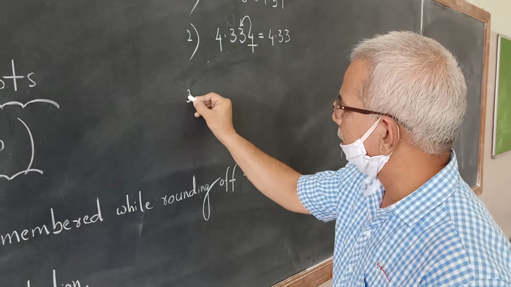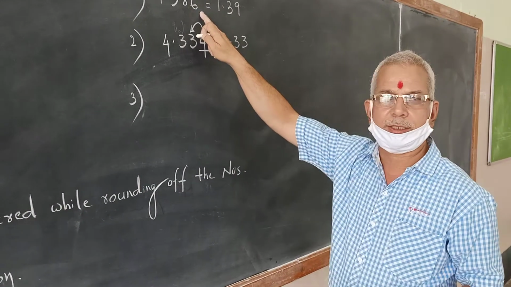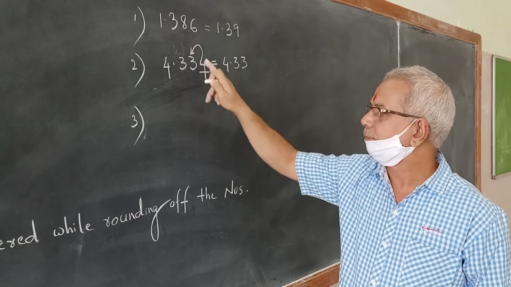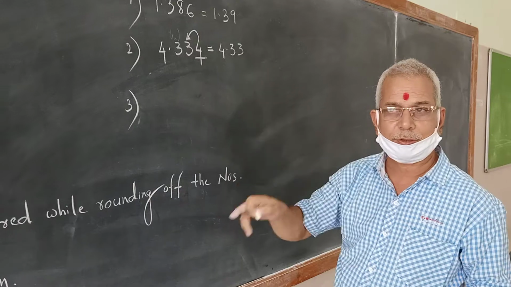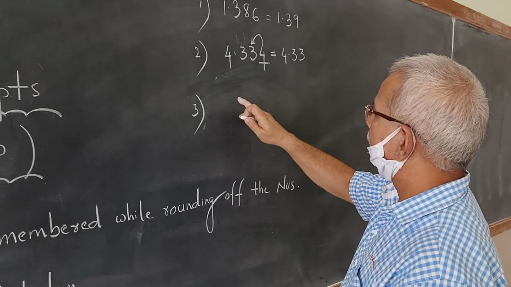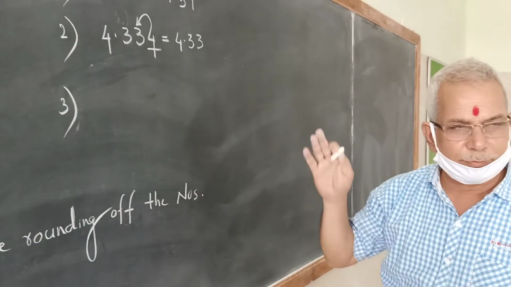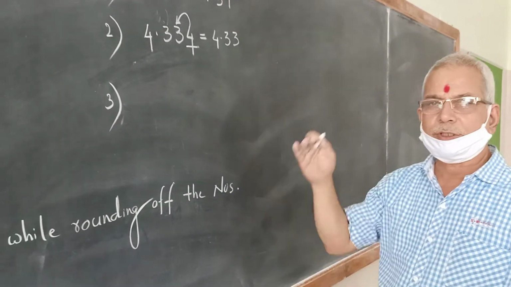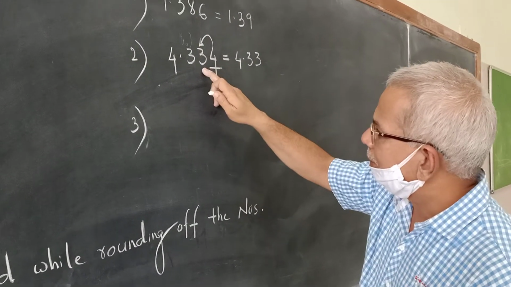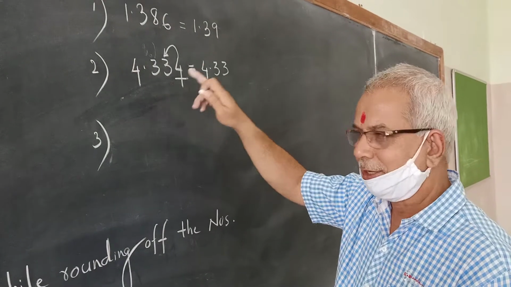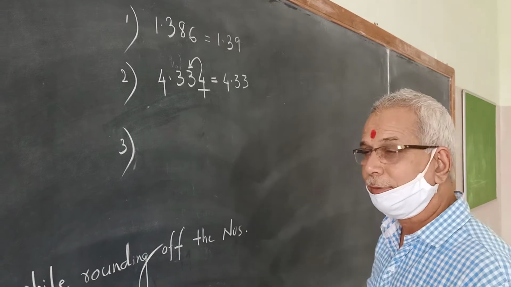Point number 3, or rule number 3: the first two rules cover the last digit being more than 5 or less than 5. If it is exactly 5, there are rules for that also. If the last digit is exactly 5, we have to concentrate on its previous number, whether it is even or odd. Now, if it is even, what to do? If it is odd, what to do? With examples.